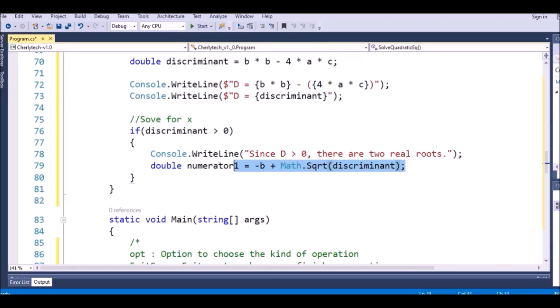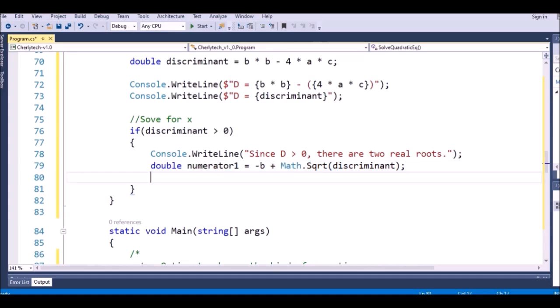I just copy this one to calculate the numerator number 2. Just change the b to like this, and this one should be minus. Okay,